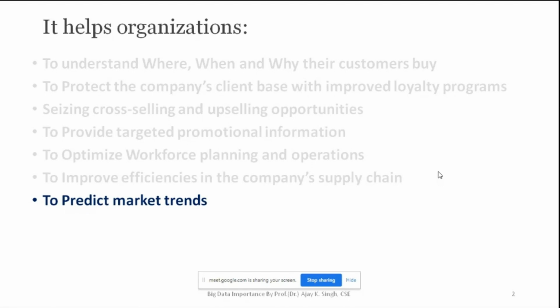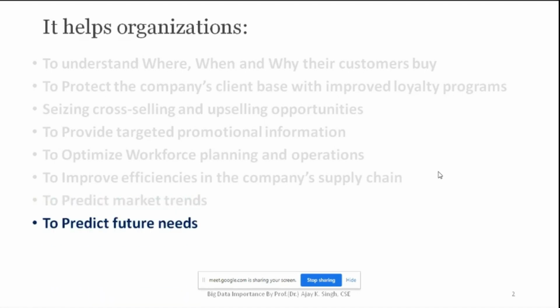You're not supposed to sit in my office, switch on your heater, switch on your tube light, and consume electricity. So they don't want this. They are just going to hire on the cloud itself, and from there all the researchers, all the employees whom you have hired, are going to work from their home. So this prediction is very important. By using this big data, I'm going to predict the trend of the market.